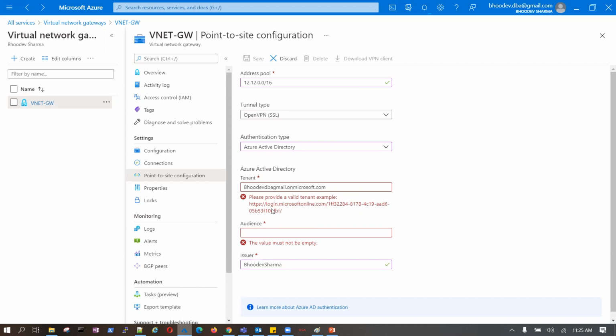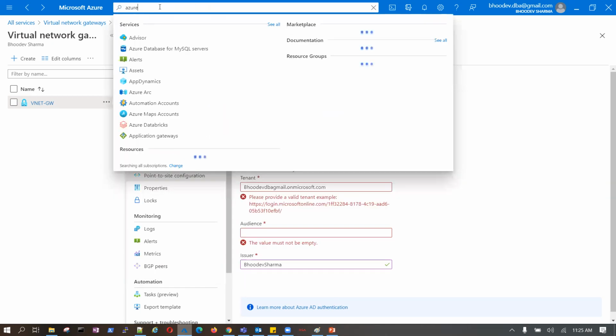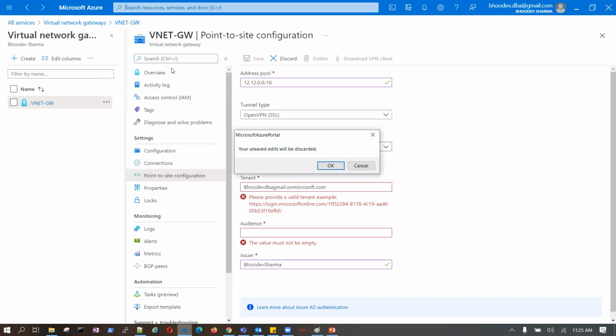Not taking, it should take this. No problem. I can take even my Azure Active Directory. Discard it.